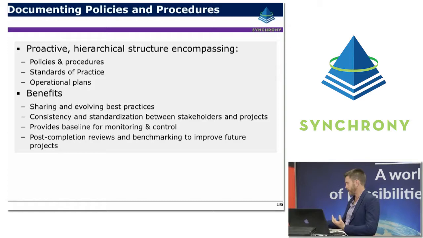You have operational level plans for your project managers. The benefits are suddenly you're sharing and evolving your best practices. You have more and more consistency of standardisation between stakeholders and projects. So the classic example is it's really common in project controls for there to be a bit of conflict between commercial teams and project controls teams, for example, or even in some cases differences of reporting between project scheduling teams and cost control teams. Earned value gets all of those teams on the same page.